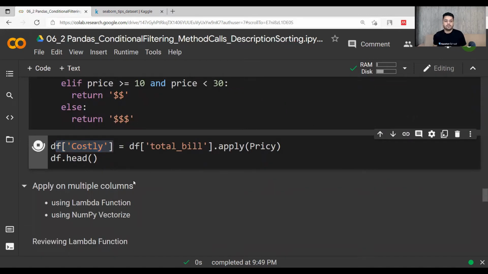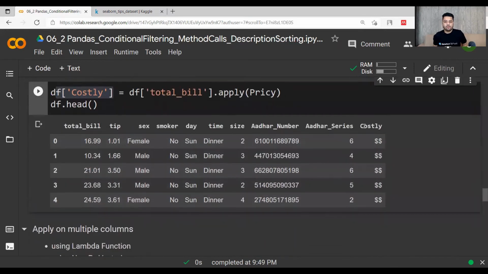If I print it now, I will have a new column added here, simply by the same logic we did for Aadhaar series. We have again generated one new column for costly, in which the first 5 rows have $2 signs.